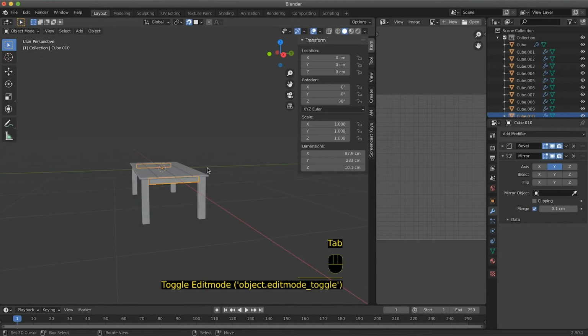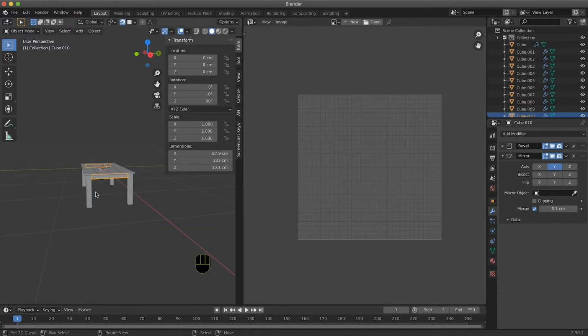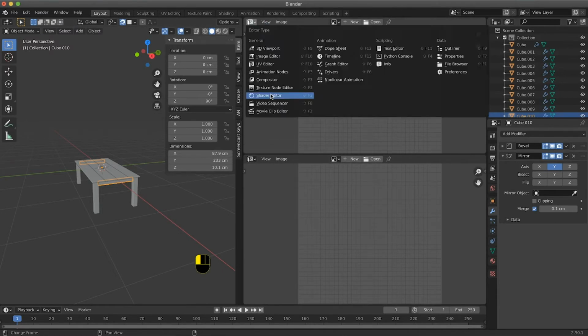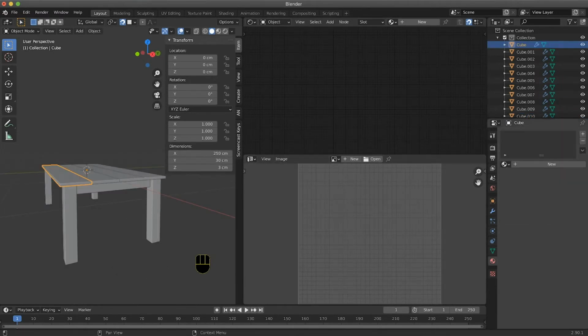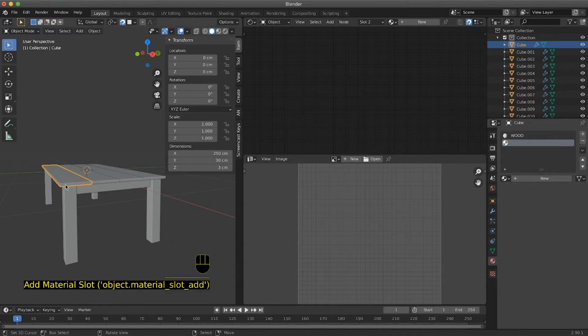And our table is finished. Now we need to pass to the texturing. We prepare 2 textures for our table. We need first to separate the windows, and having the shader editor on the top and the UV editor on the bottom. We create a first material for the first board, and we call it wood. We create a second material that's gonna be the parts where the wood is gonna be cut.